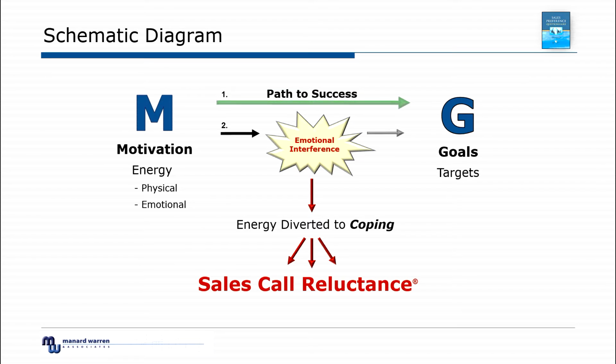That's awesome. But what we find in the real world is most salespeople actually fall into this number two diagram. So if you look at the number two diagram, we've introduced a new symbol here. It's that yellow starburst, and it says emotional interference. Well, that's what call reluctance is. Call reluctance is emotional interference that causes your motivational energy to actually be diverted into coping with prospecting and selling. So instead of that energy free-flowingly making it over to support our career and turning into all these great prospecting and sales activities, instead of that occurring, when we have one or more of these 12 types of call reluctance,